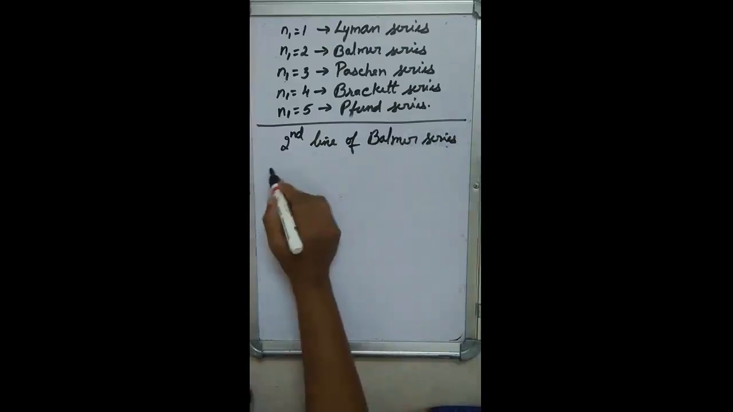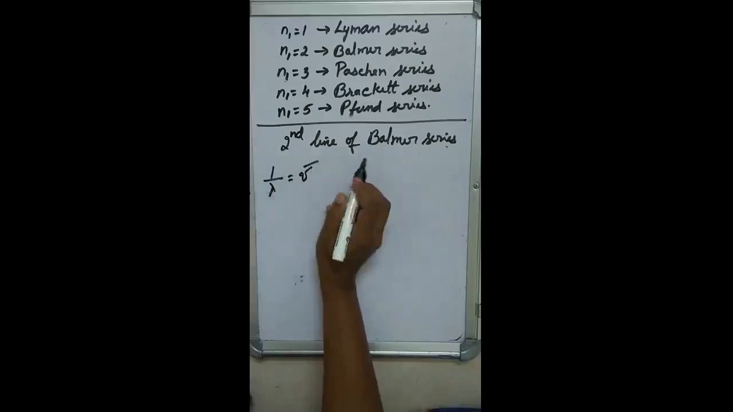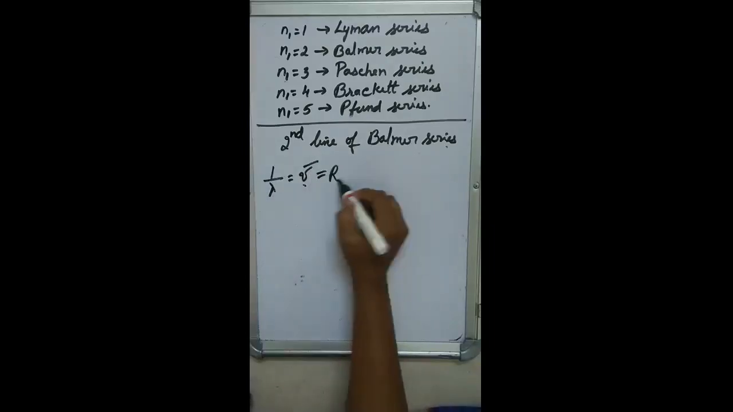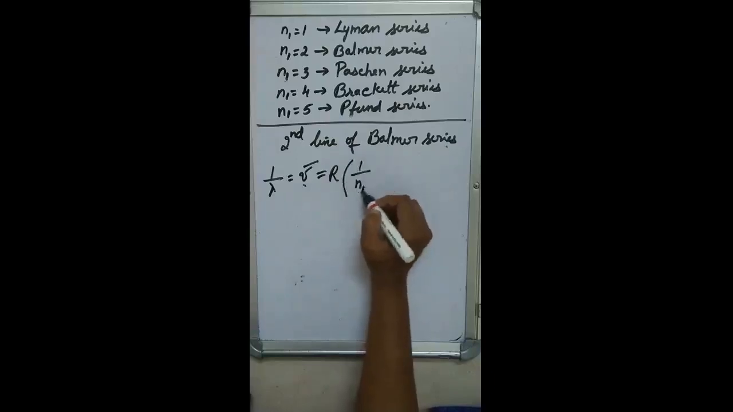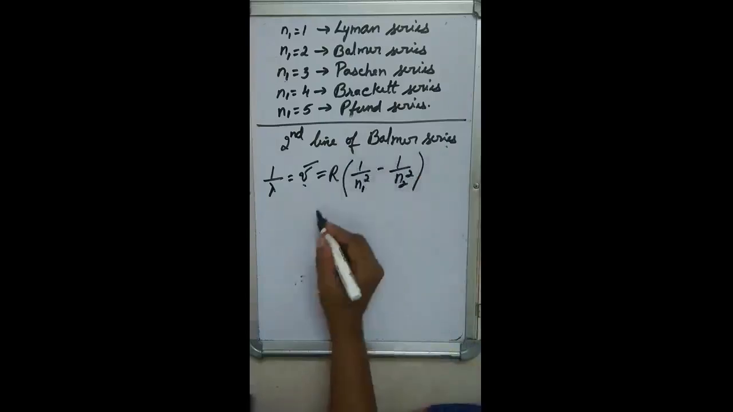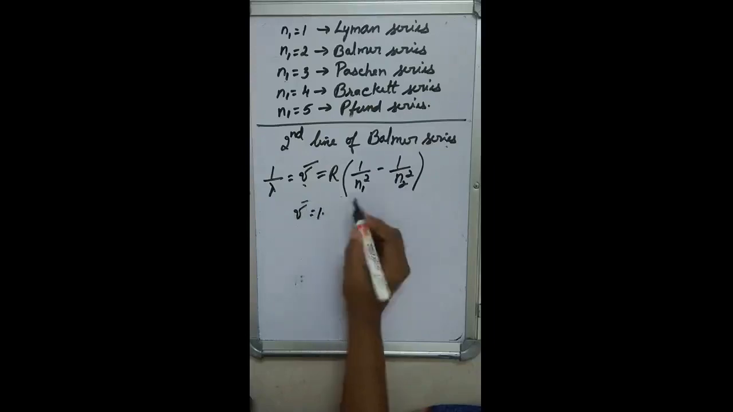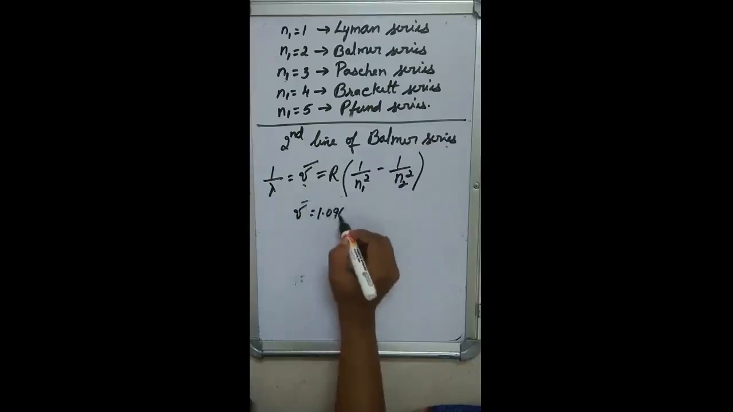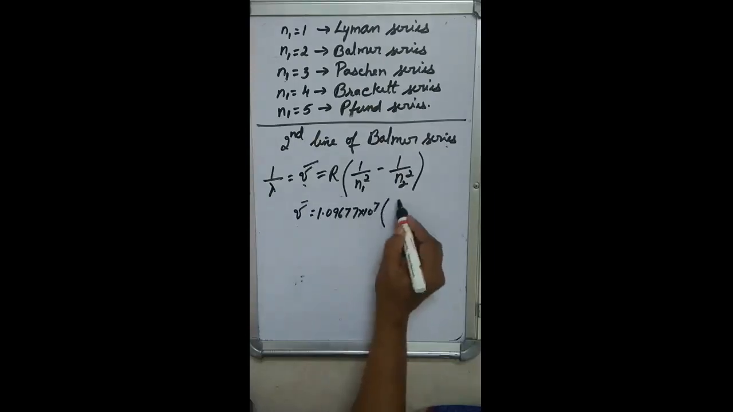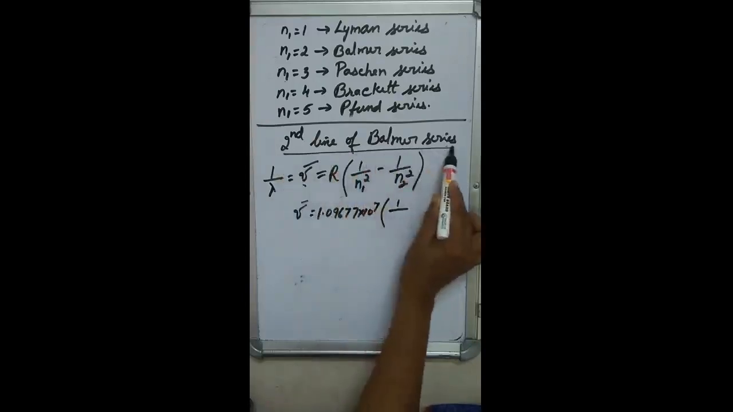So according to the question, Rydberg equation is 1 by lambda. This is also called wave number. That means we are going to calculate wave number first. Wave number is equal to R times (1 by n1 square minus 1 by n2 square). Now R value is fixed, 1.09677 into 10 to the power 7 meter inverse. Now n1: since it is the second line of Balmer series,